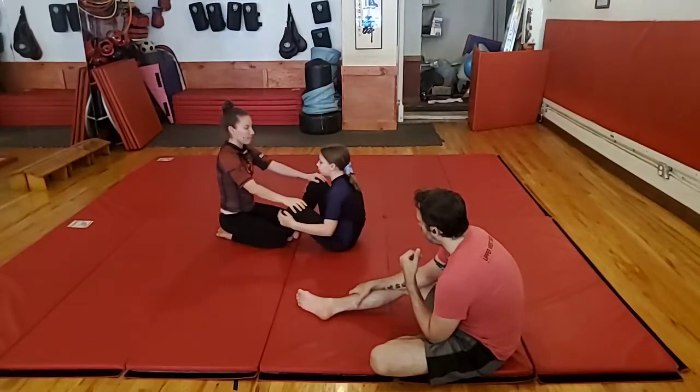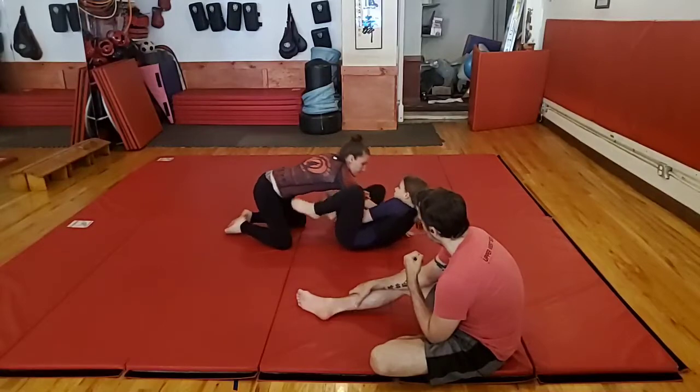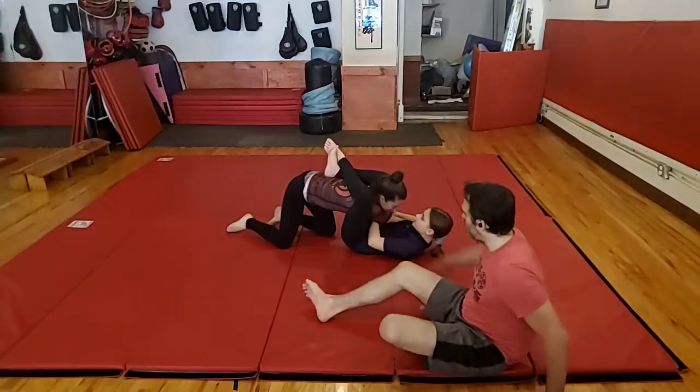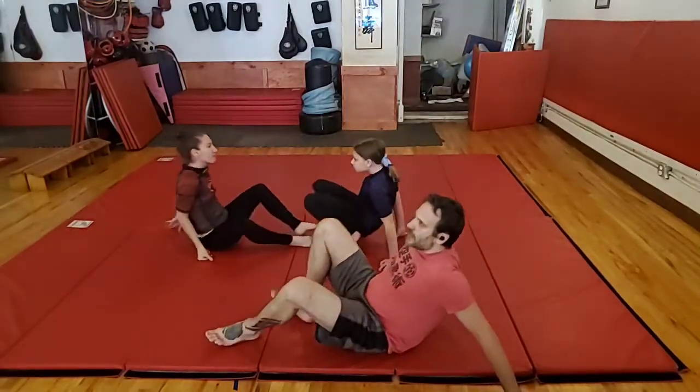Okay. Jen starts the posture. Maya reaches across the hand, drags. As Jen pushes, the right leg comes out, and switch your feet. Good. So you head one for one. You guys there? Those of you at home, one of the things to keep in mind is the leg that